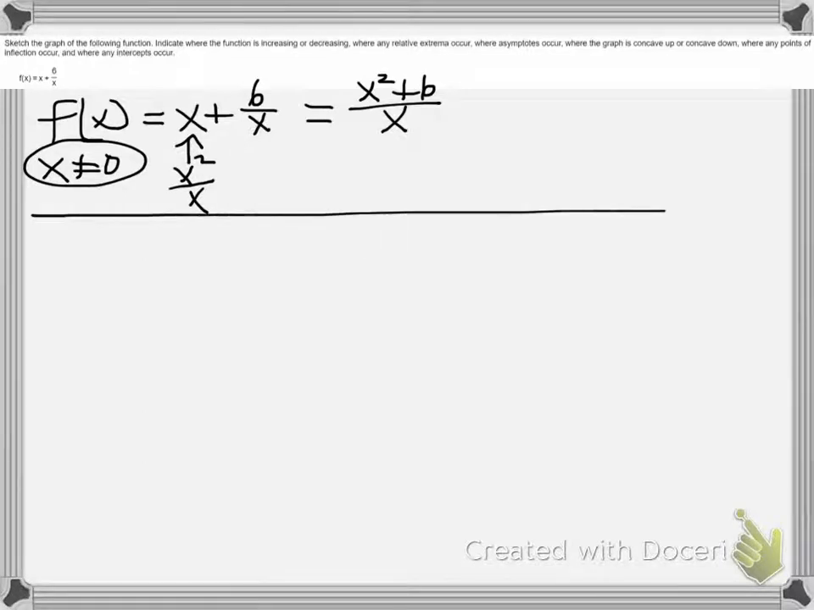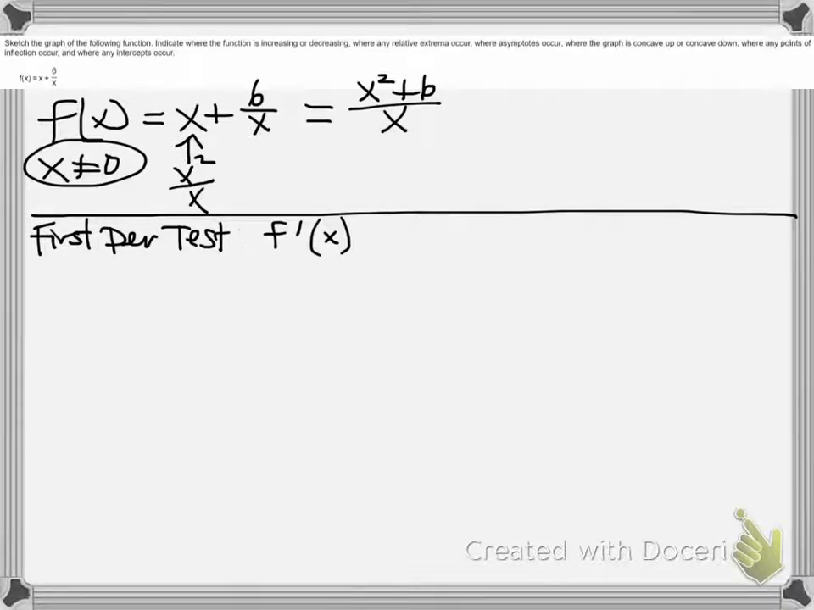Okay, so the first couple questions are about increasing or decreasing areas of the function and whether there's relative extrema. So for both of those, I'm going to start off using the first derivative test. First derivative test. All right, so for the first derivative test, obviously we need the first derivative, f prime of